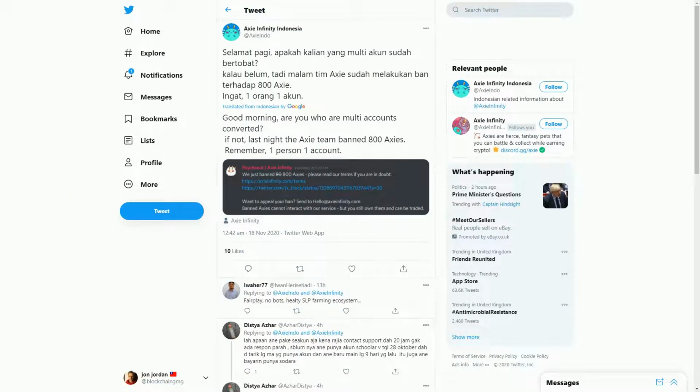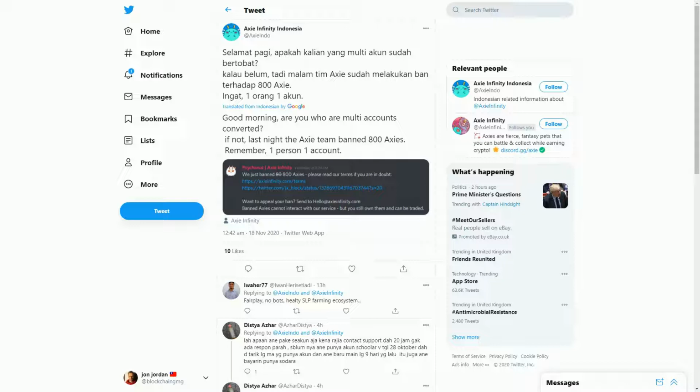Okay, so this is again from Twitter. This is from Axie Infinity's Indonesian Twitter feed, so obviously it's in Indonesian. I've translated it via Google. So what's interesting, and we saw this kind of happening a bit earlier on in the week, is that there were